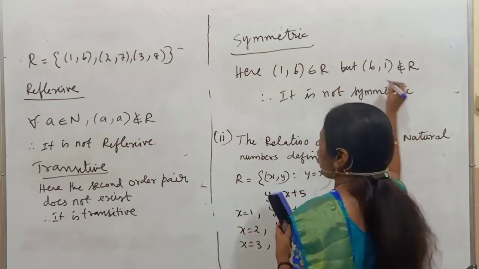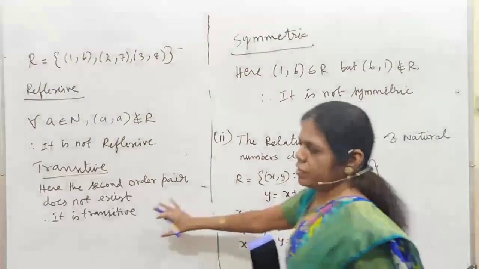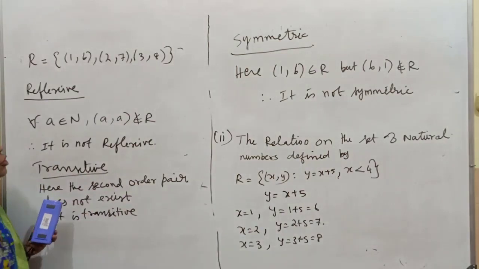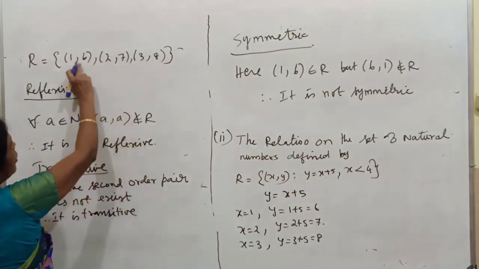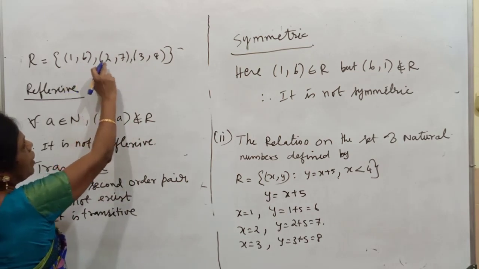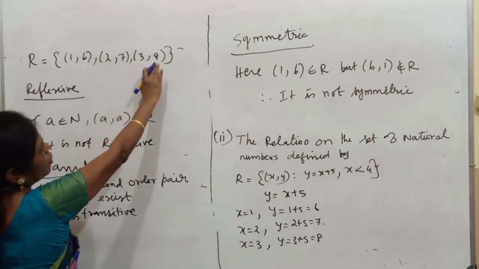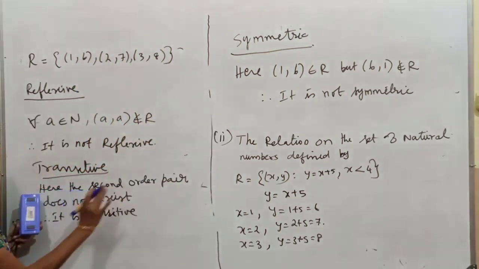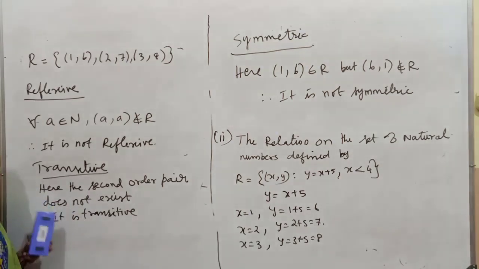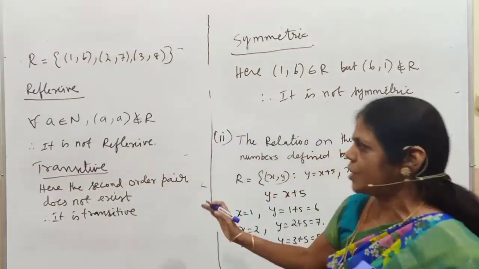Generally, we have to follow the order: reflexive, symmetric and transitive. Since I went for transitive second itself, all of you understood that. So, transitive means what? Any element, you check the ordered pair. Is there any ordered pair ending with 6 and starting with 6? No. Starting with 7 also no. Starting with 8 also no. So, the second ordered pair does not exist. Therefore, it is transitive. Whenever the second ordered pair does not exist, it is transitive.